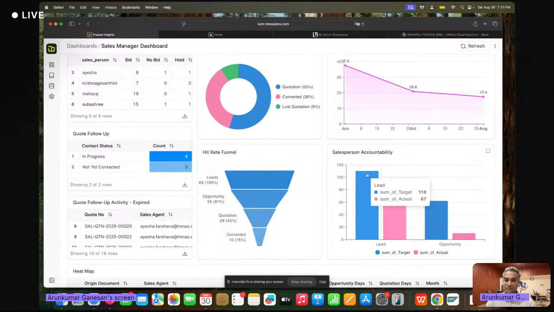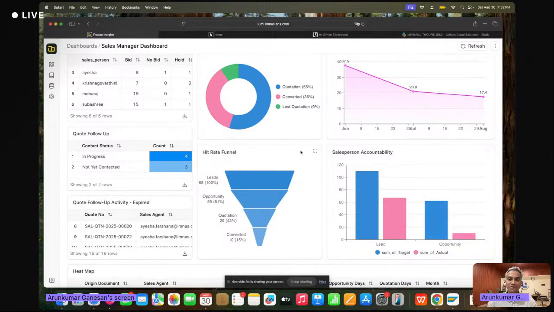So from a lead standpoint, people are able to qualify the leads to a higher number. But from an opportunity standpoint, we are really at maybe 20%. So this is about 60% on the lead side, but only 20% of your estimated target is getting converted. So what is wrong here?